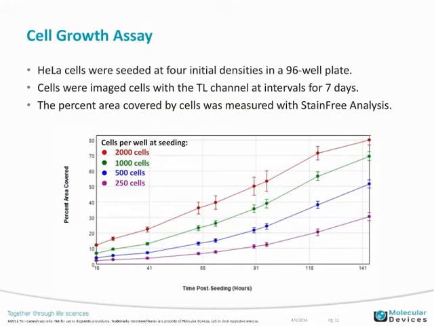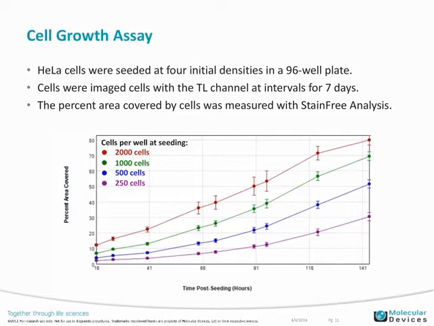One very useful application that we can do with the StainFree technology is a cell growth assay. So in this example, HeLa cells were seeded at 4 different initial densities. Those are at 2,000 cells per well, 1,000, 500, and 250 cells per well in a 96 well plate. The cells were then imaged using the TL, or transmitted light channel, at intervals for 7 days. And then the percent area that was covered by cells was measured using the StainFree analysis, using the field analysis